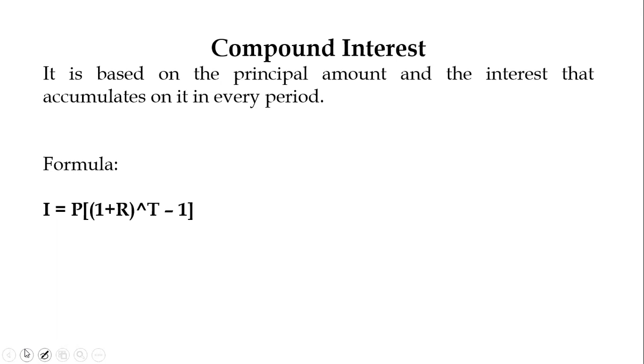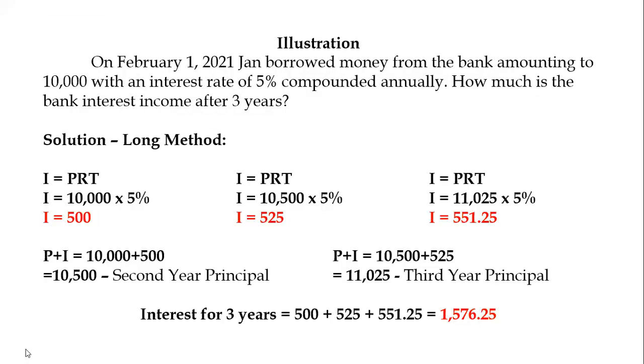So may formula tayo in computing compound interest. That is, interest is equal to principal, 1 plus rate, exponent time, less 1. Okay. So let's have an illustration. Long method ito using the simple interest formula. We all know that the simple interest formula is interest is equal to PRT, or principal times rate times